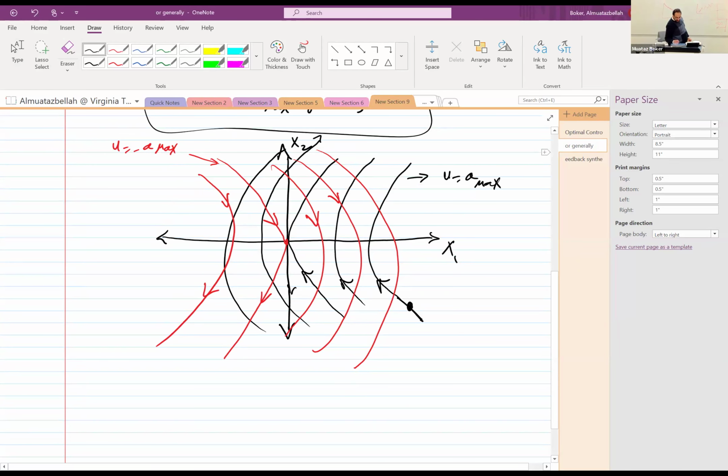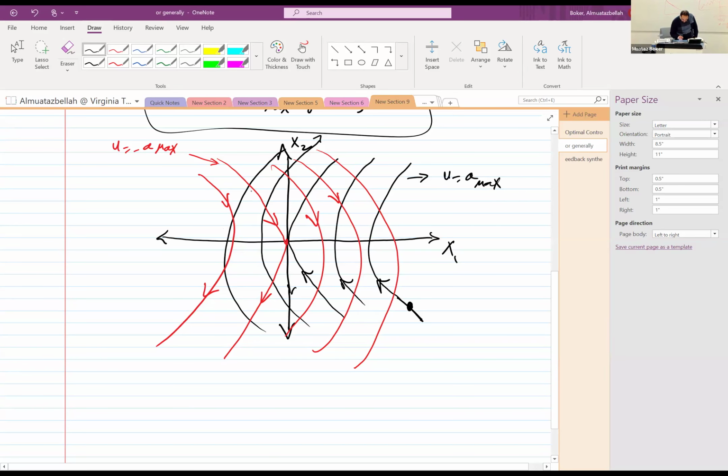Yes. So we're considering this red and this black, and this red and this black. Anyway,